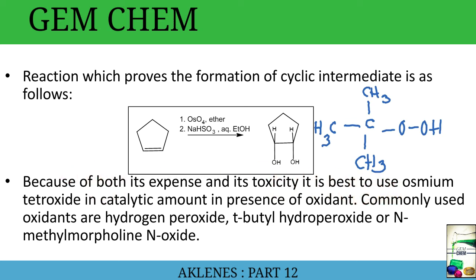And this N-methyl morpholine N-oxide is more common than the previous reagent. So how does it look? It is like this, O, a ring. The nitrogen and oxygen are para to each other, and nitrogen is positively charged and attached to CH3 and O minus. So this is morpholine oxide, that is N-methyl morpholine N-oxide. These help to retrieve the osmium tetroxide from its reduced form.